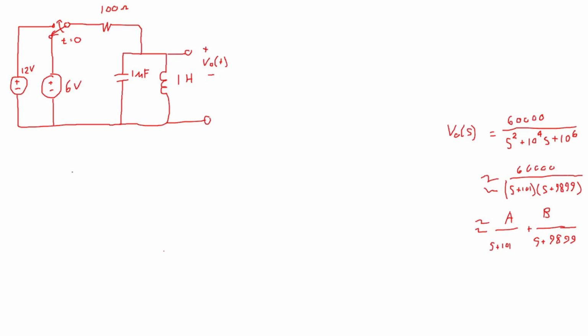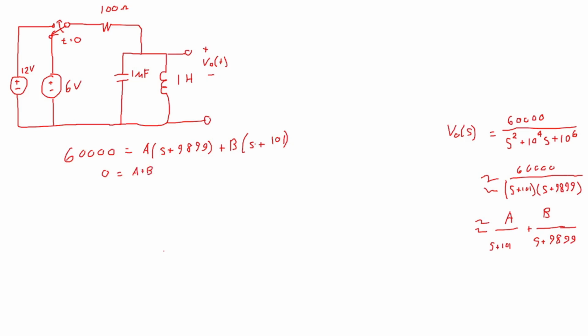If we multiply by the denominator, you're going to get a situation where 60,000 must then be equal to a times s plus 9899 plus b times s plus 101. So I'm just multiplying both sides by the denominator and then canceling the factors that are common. And if you multiply this out, you get two equations that tell us the s's have to match. There's no s on the left side. So we can say, well, that means that 0 must equal a plus b,